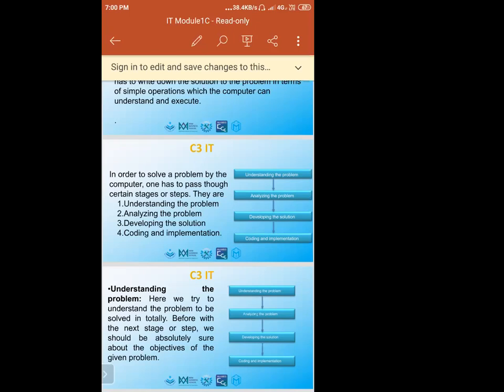So the code in the language would be in the form of zeros and ones. No, there is a human readable form. We have some software to convert your high level language program into a low level language program, which we are going to learn. Because we will write in high level language, just like print, calculate, something like that. The system will automatically convert the high level language program into a low level language program. We are not going to write low level language programs in zeros and ones. That is very difficult.